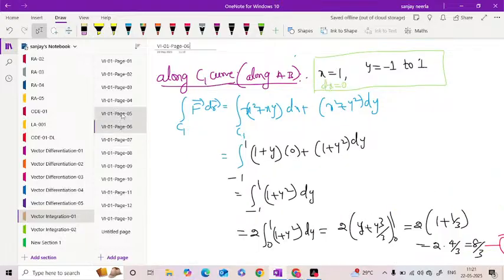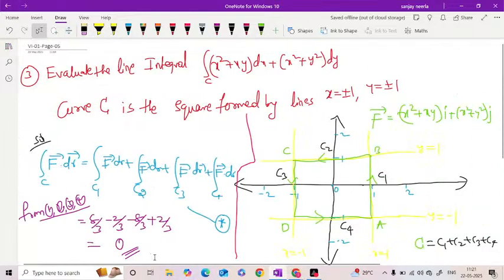After adding all the results, what do we get? 8 by 3 is the first path result, minus 2 by 3 is the second path result, minus 8 by 3 is the third path result, and plus 2 by 3 is the fourth path result. After adding these results, we get 0. Okay,